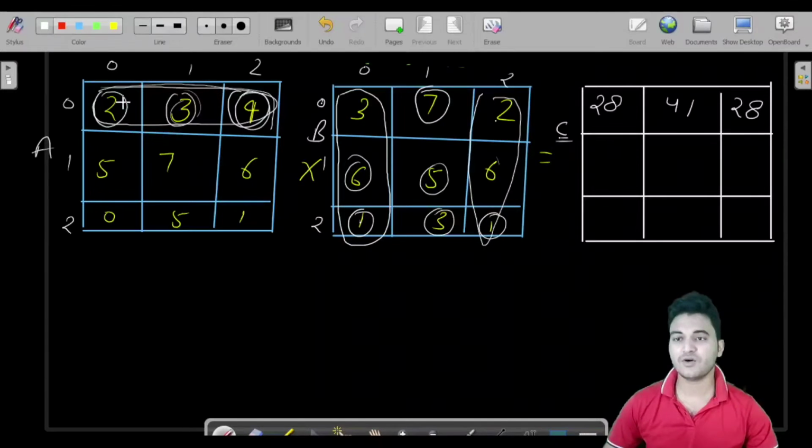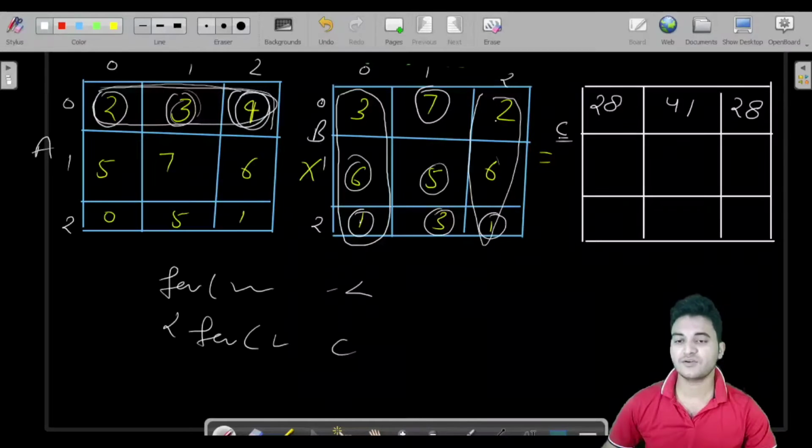So you already know how to traverse over this matrix and this matrix. For that you have to write a loop for the row size, and again a nested loop for the column size. This way you would traverse over the entire matrix. Fine. So the same thing we have to do here also.